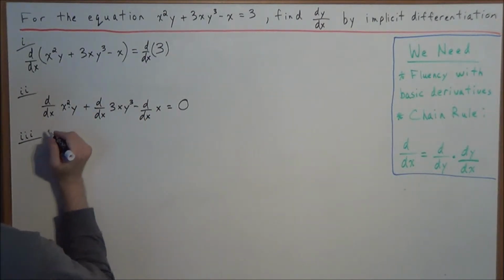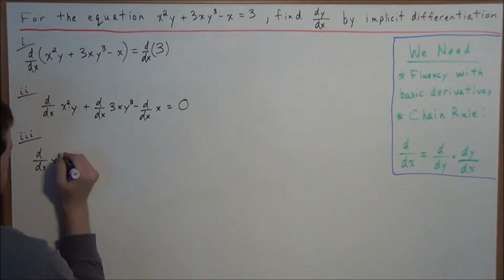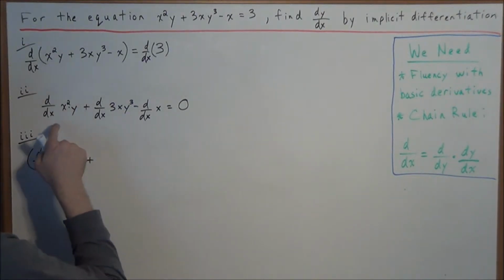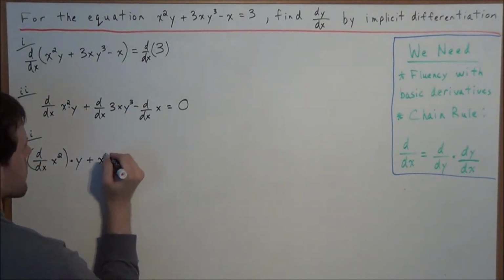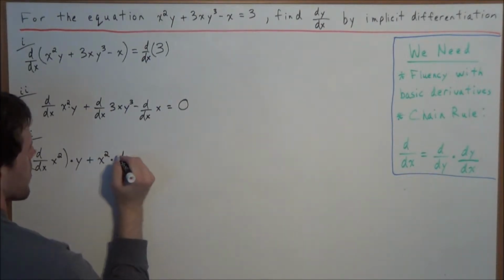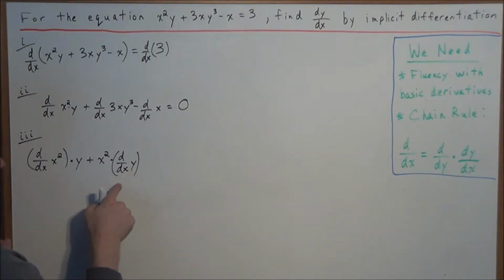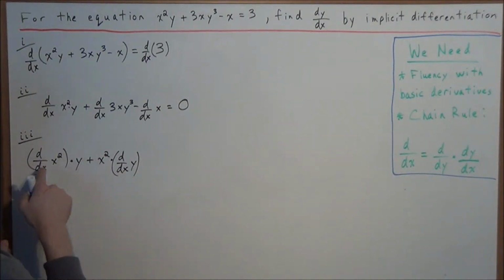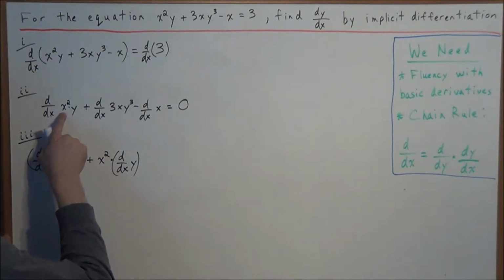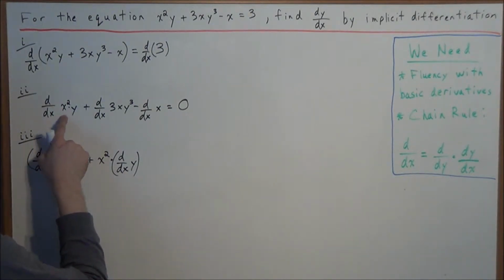So what we need to do is we're taking the derivative with respect to x of x squared, and we're multiplying this by y, and then we're going to add x squared times d/dx of y, which we could put in parentheses to indicate we're taking the derivative with respect to x of y. All we did here was the product rule. We have the derivative of the first piece times the second piece plus the first piece times the derivative of